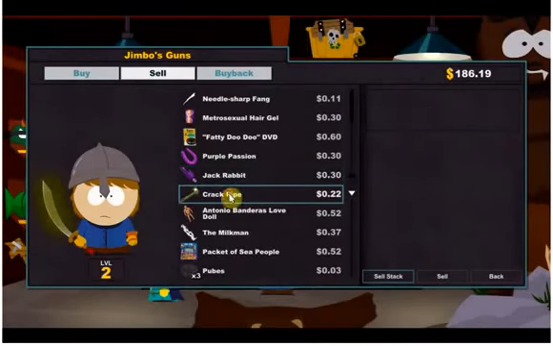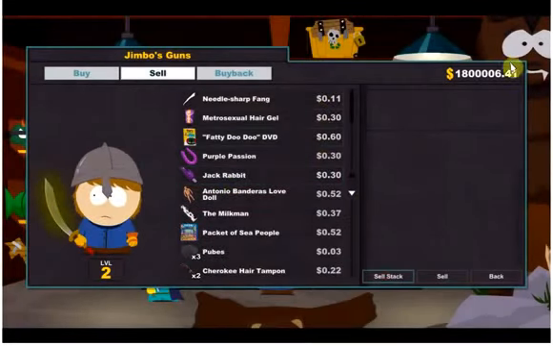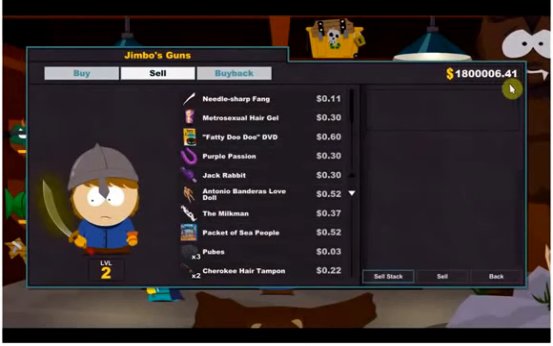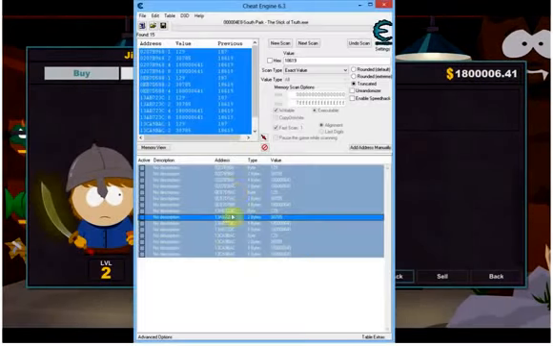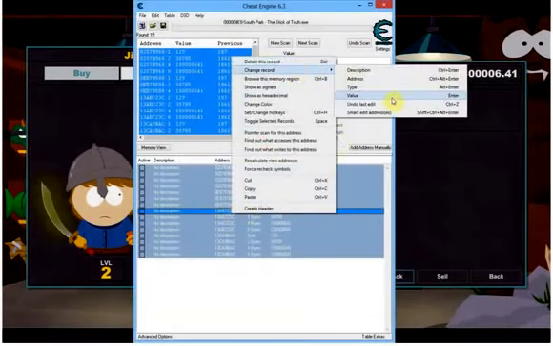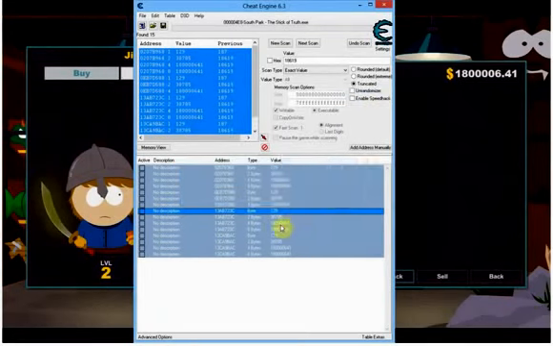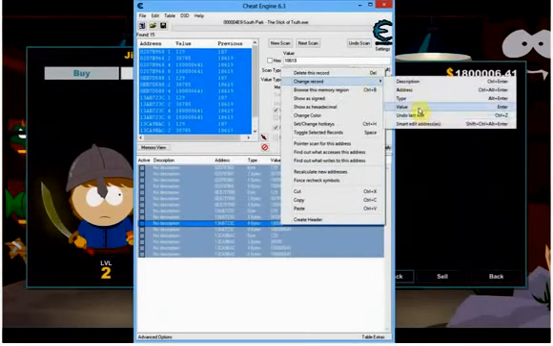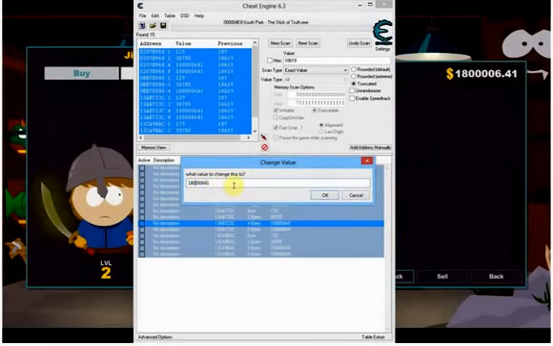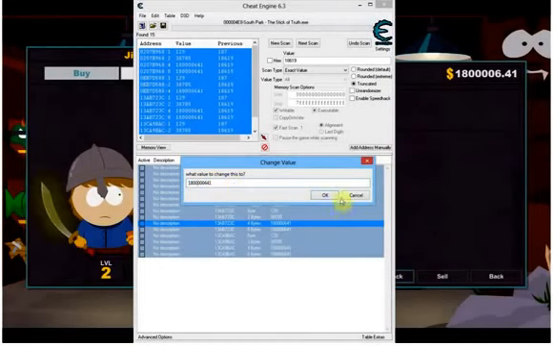And now, if you sell something, our money value is really high, as you can see. I have not actually tested out how high you can go, but usually the upper limit is about 10 billion. If you go above 10 billion,